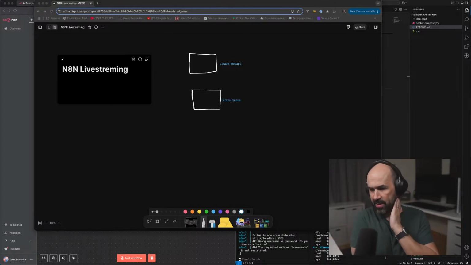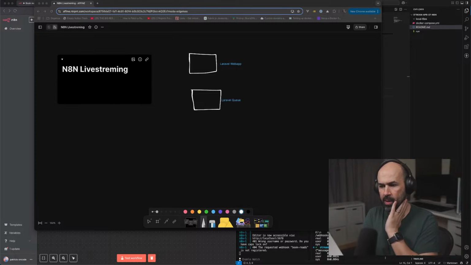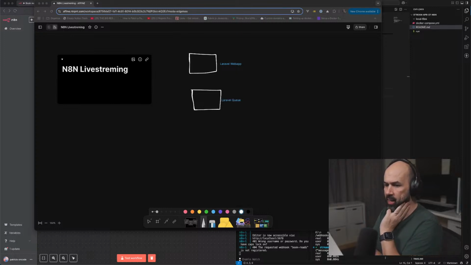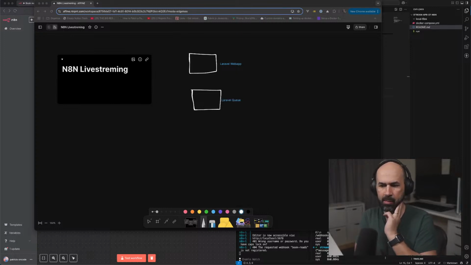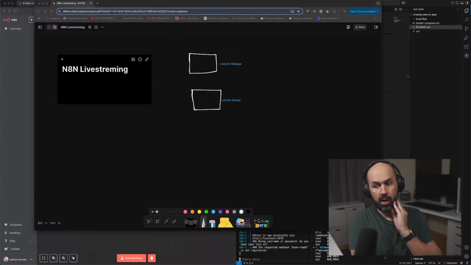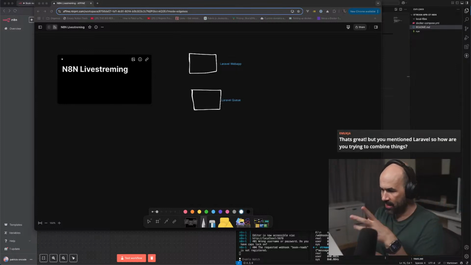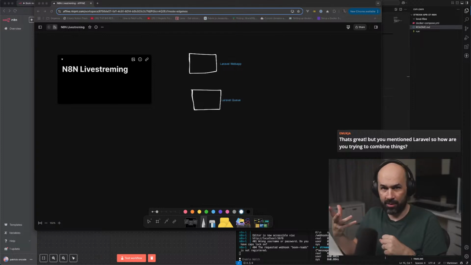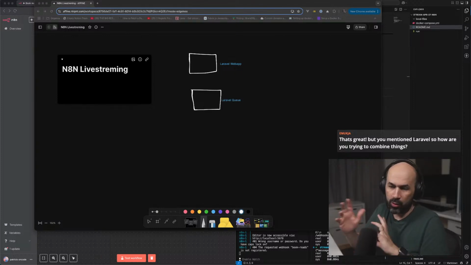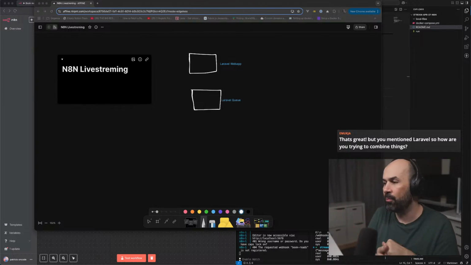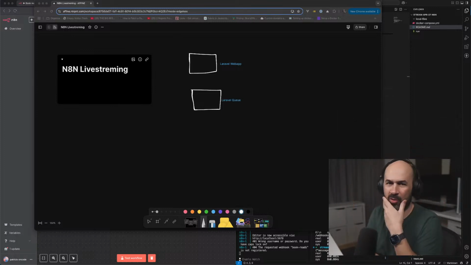Nick is saying, for example, a Laravel cron job triggers an N8N workflow and gets that data back to a Laravel model. Oh, for sure. Nick, we can also do the cron from the N8N side, and it can send a post request back to Laravel with the data. We don't even have to trigger it from Laravel, but we can do all sorts of things.